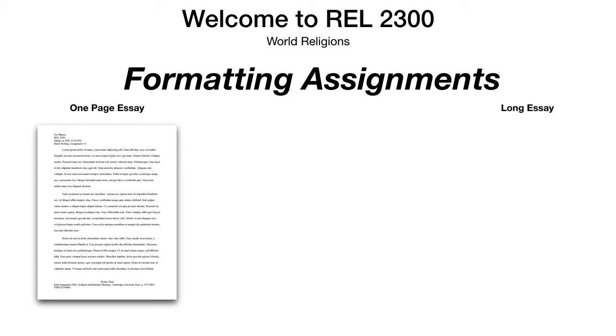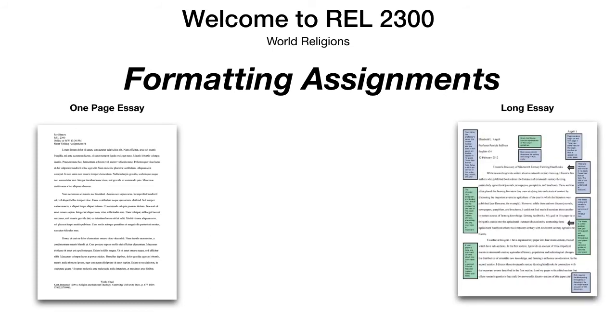Now, for the long writing assignment, you can have a title page and so on, but you should have at least 3 pages, 3 to 5 pages of writing, not including your works cited page and not including a title page. You should have at least 3 pages of body on your assignment. And so I give you a little bit more leeway in terms of your heading, and the works cited can be on a separate page. So let me summarize by saying this. On both essays